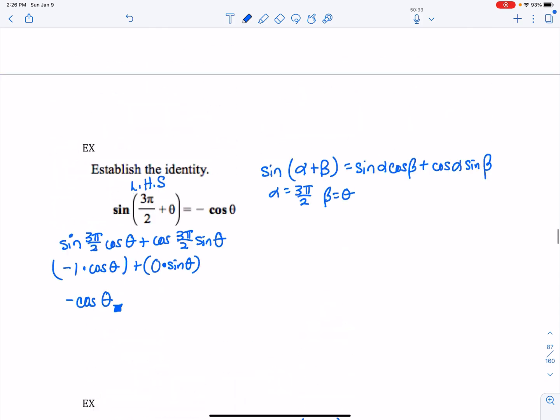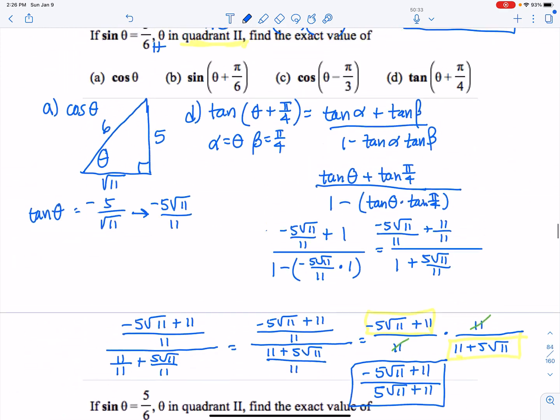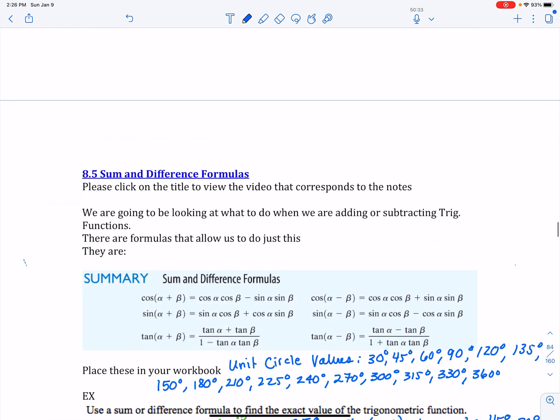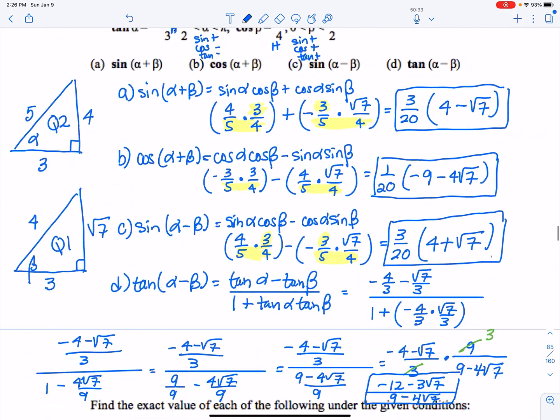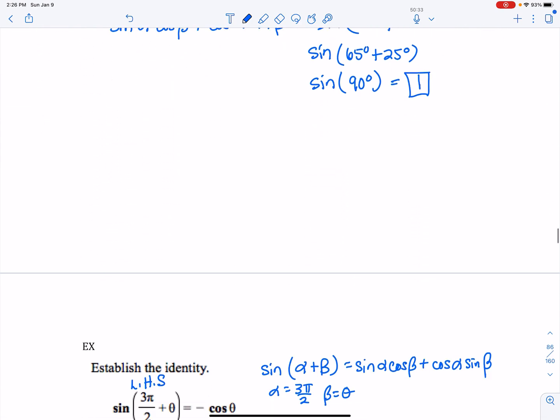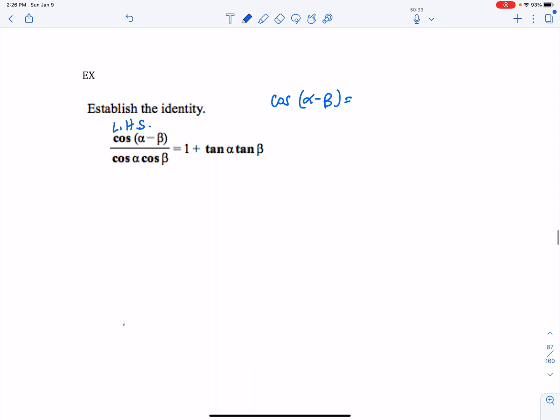So if I go up and look at the top, I'm looking for cosine of alpha minus beta, and we get cosine alpha cosine beta plus sine alpha sine beta. And what I'm going to do is plug that in. So in the numerator, instead of writing cosine of alpha minus beta, I'm going to write in cosine alpha cosine beta plus sine alpha sine beta. And that's going to be all over